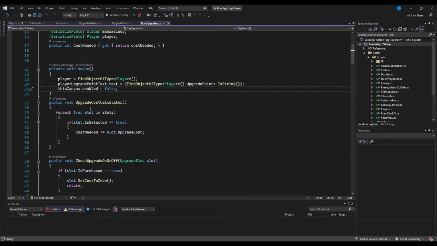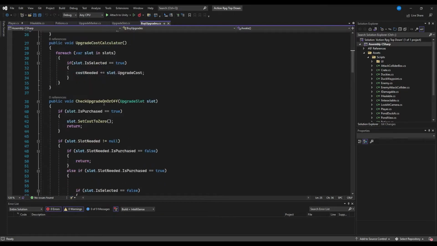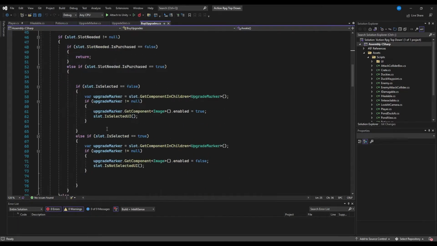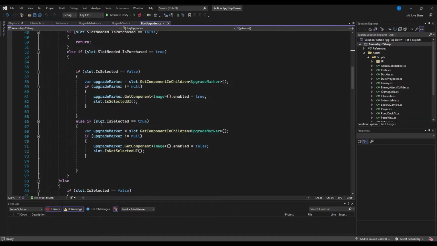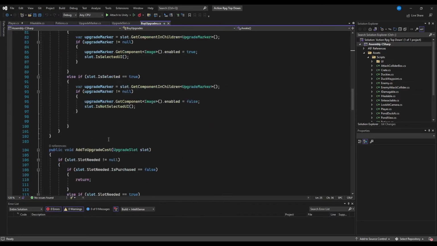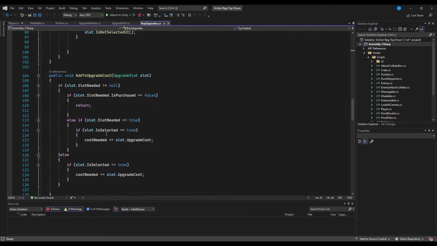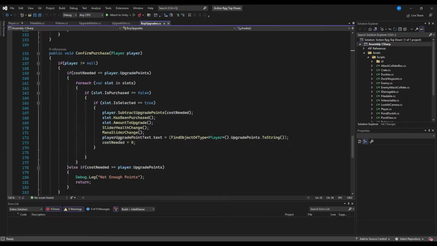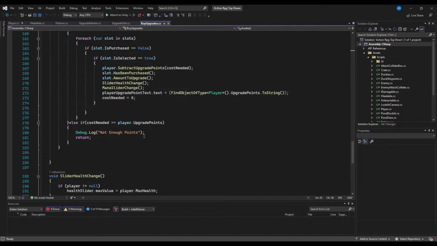I set up an upgrade cost calculator, which increases how much cost is needed per slot. Then it checks if the upgrade is on or off, basically. That way you can't just keep turning them on and off even after you purchased them. Add the upgrade cost, remove, confirm your purchase, and I'm sure there's plenty of cleaner ways to do this, but